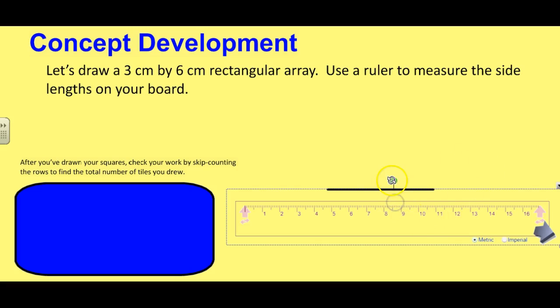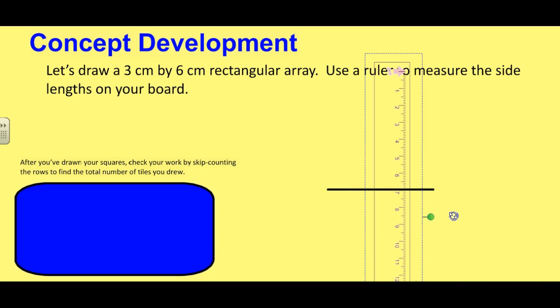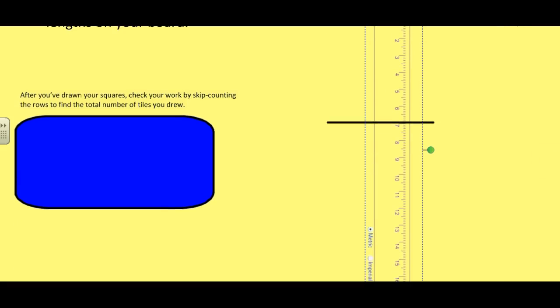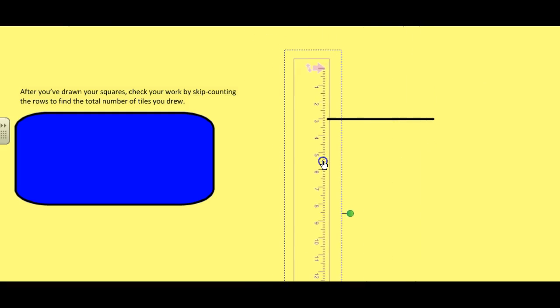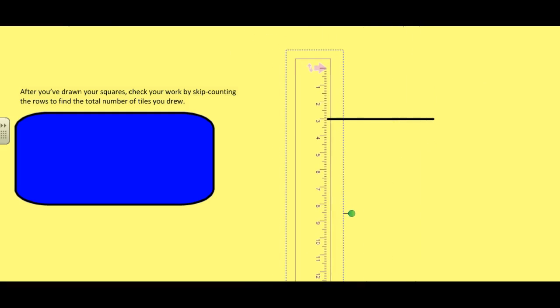Okay, now that I have my bottom side length of 6, I'm going to turn my ruler to the side, and I'm going to have a side length of 3 centimeters. Okay, so I'm going to make my side length have 3 centimeters,